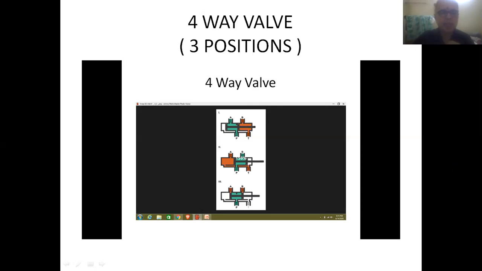Now, friends, let us identify the elements of the valve. This is the first spool of the DC valve, and this is the second spool of the DC valve. This spool rod is used for connecting the first and second spools of the DC valve.